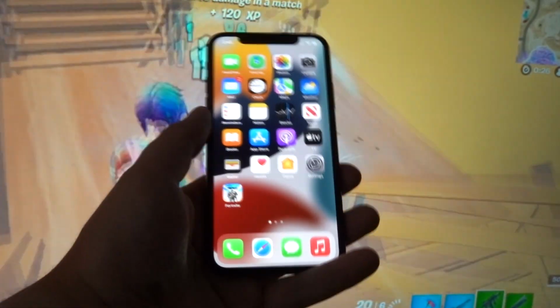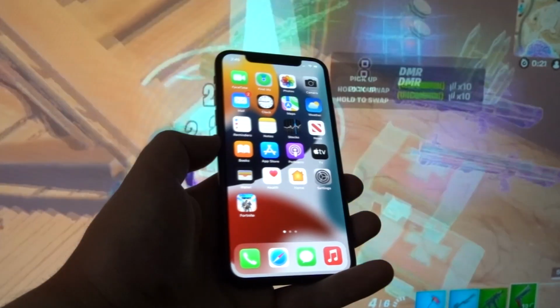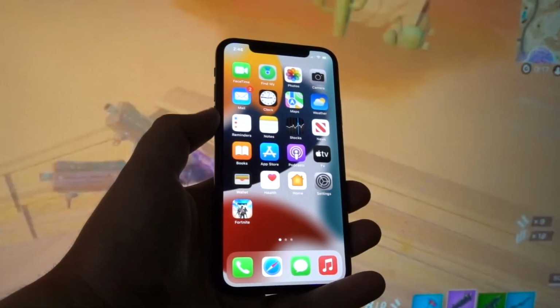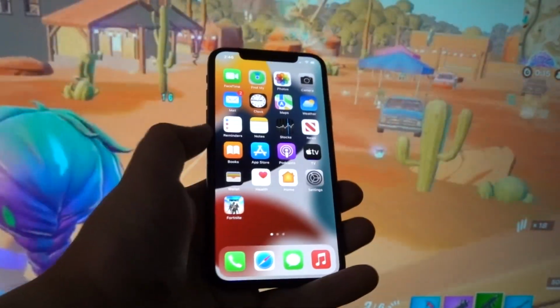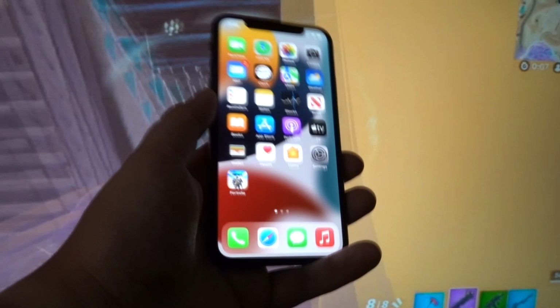What's up everyone, welcome back to a brand new video, and in this video I'll be showing you how to download the Fortnite mobile into any of your iOS or Android mobile devices. It's the Fortnite Season 3 Chapter 3, the latest one, and I'm sure you are thrilled to hear that, because this is something you cannot easily download from the internet,